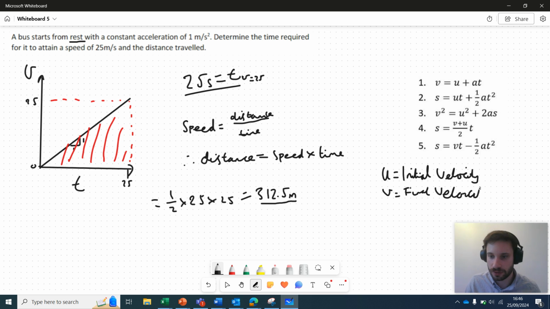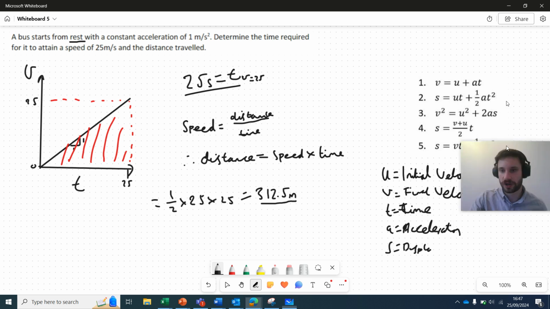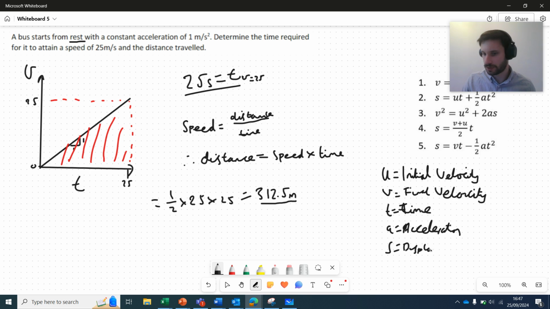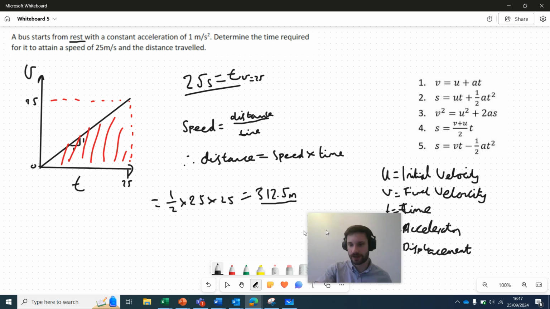Apologise for my handwriting. That, what else have we got here? T is equivalent to time, that a is equivalent to acceleration, and that s is equivalent to displacement. So what I'd suggest to you, this is a very simple problem, but if you want to understand it